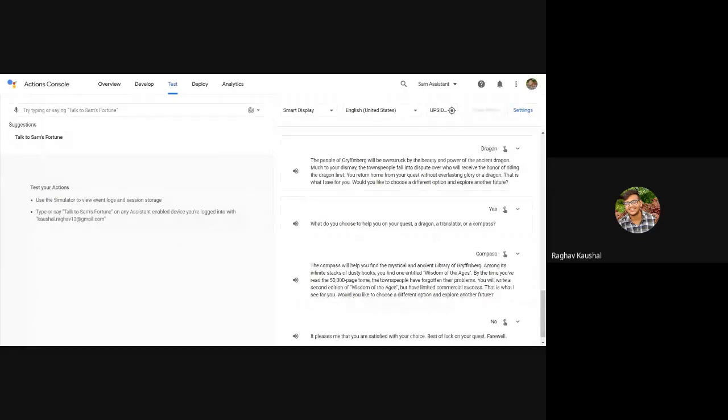Okay, I guess you all are testing your apps right now, those who did the walkthrough. So guys, if you have any problem while following, you can ask me on WhatsApp or on Discord or anywhere. I'll share the document as well, where it's given step by step, even for what if you are given three options, a dragon, a compass, and a translator, and some guy comes and writes Instagram there, or that he'll use his phone, or something like that.